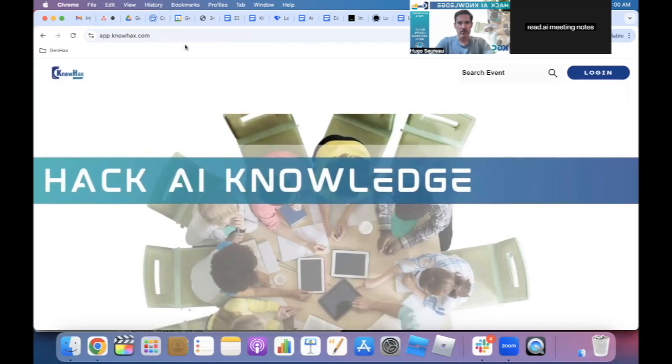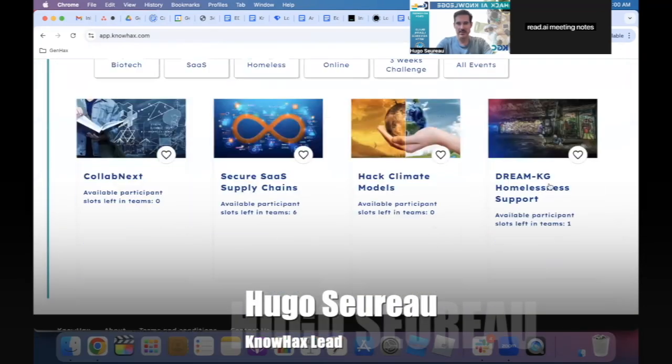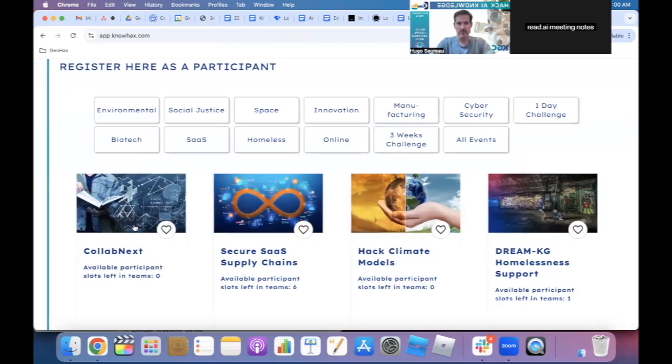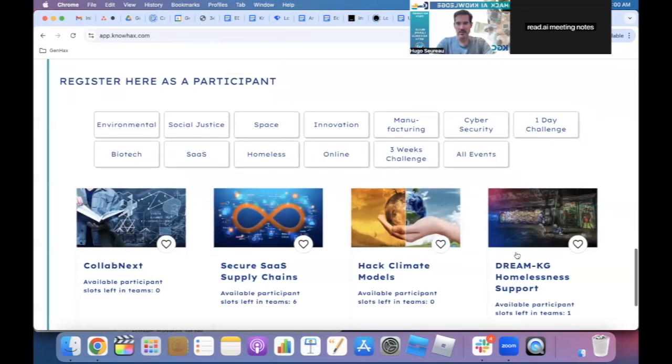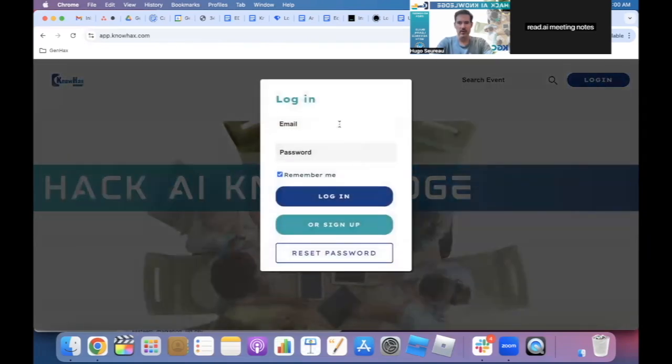Whenever you go to app.knowhax.com, you have challenges that you can browse as a participant, and if you're logging in as a mentor or registering as a mentor, you can sign up here. If you're registering as a participant, you click on one of these challenges and you follow the process. But if you're already registered, you have chosen a challenge, you're either a mentor or you have chosen a challenge as a participant, then you just log in here. Enter your name, enter your email address, log in,